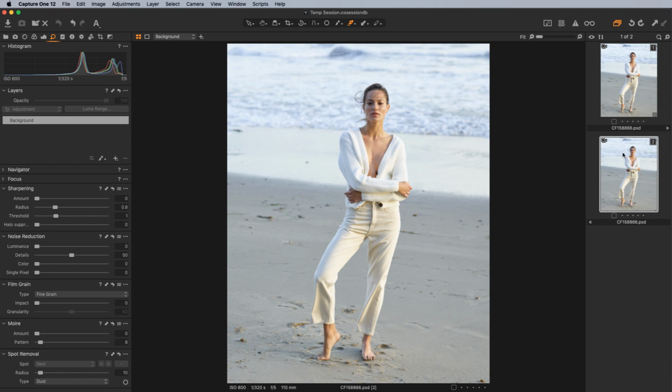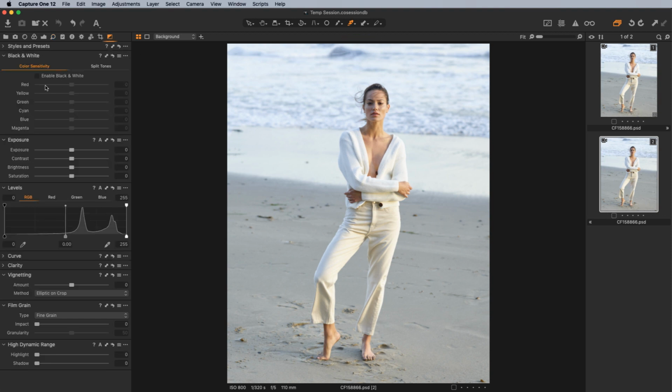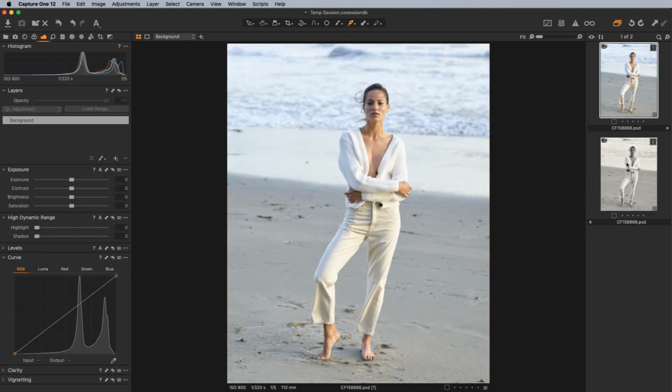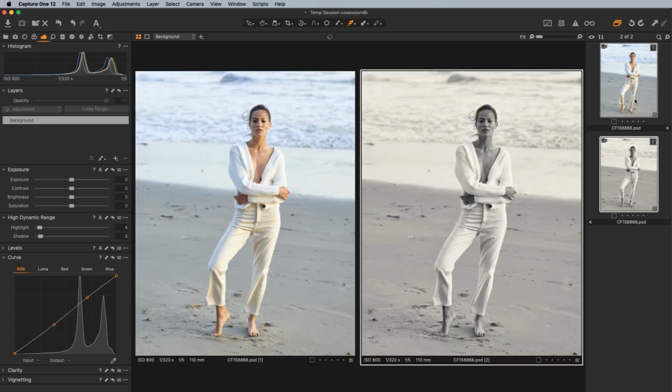It's just copying sort of the metadata information attached to that particular file. So the PSD is still just one copy, but we've got multiple variants of that particular image. So I can now go into here, and let's say I want to apply my black and white. So I've got some styles here, and I want to apply this black and white portrait style to it. And now I've got my color version and my black and white version, and I can select, for example, both